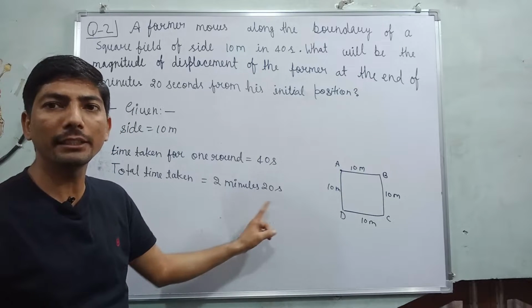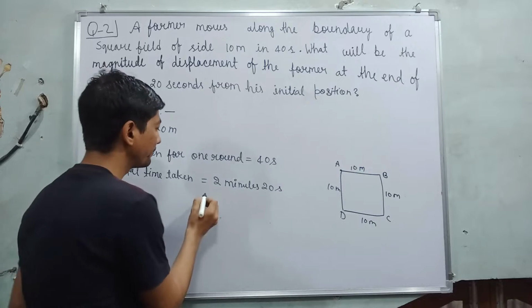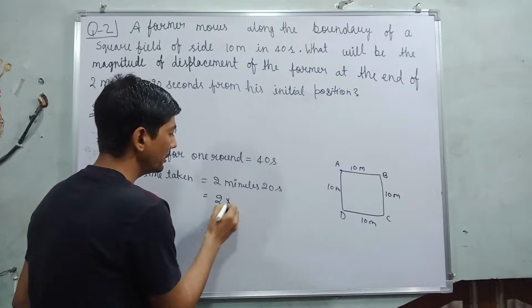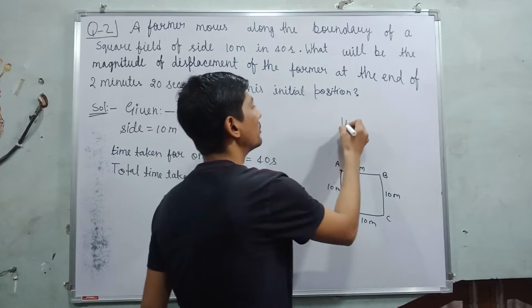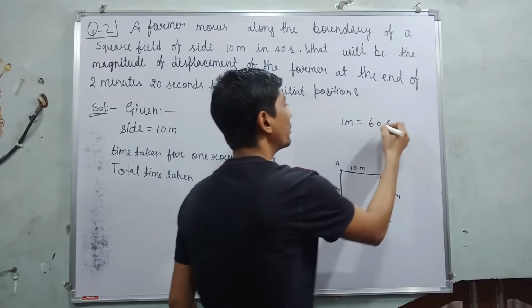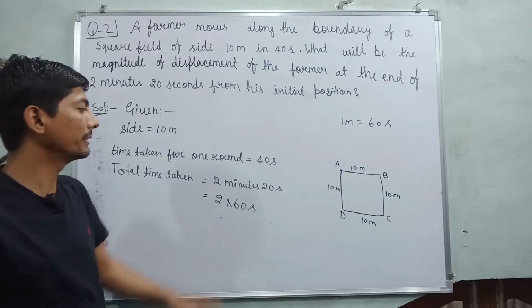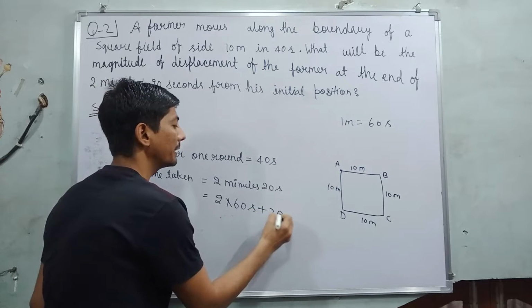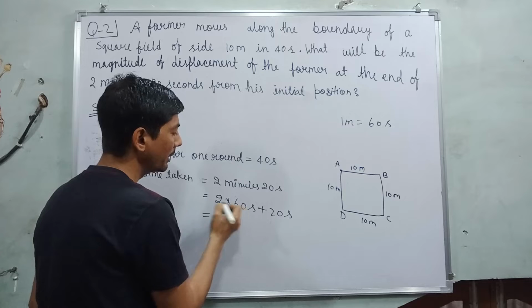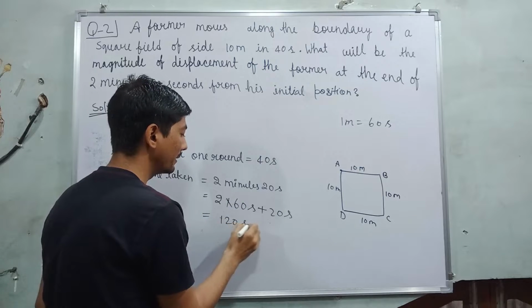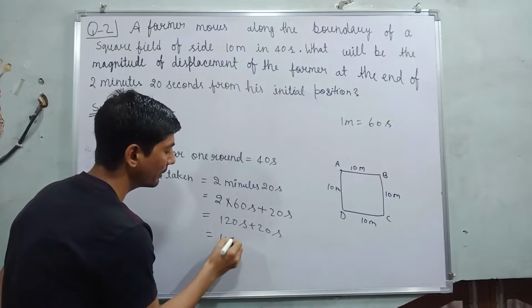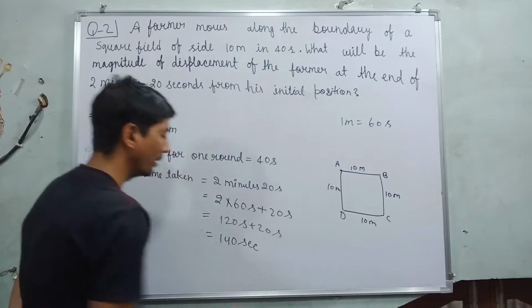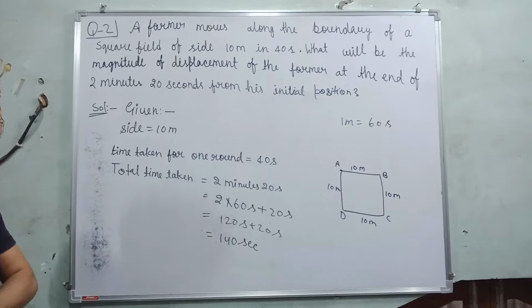This is 2 minutes 20 seconds, minute and second. First thing, convert minute into second. So here 2 into 60 seconds, because 1 minute is equal to 60 seconds. So 60 seconds plus 60 seconds is 120 seconds, plus 20 seconds, and finally we got total time 140 seconds. Okay, till here you write down everything. First I erase it and solve the next part.